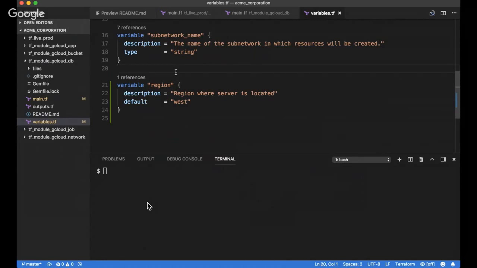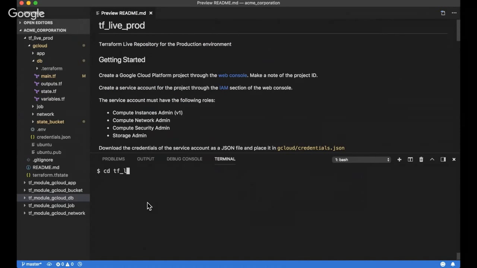So now, off screen from here, I've done a git commit and I've done a PR and I've pushed to a master branch. And from there, this is where the CI/CD would come in. I want to simulate the CI/CD so I can show it just in the VS Code editor here instead. And so the DB module was updated.